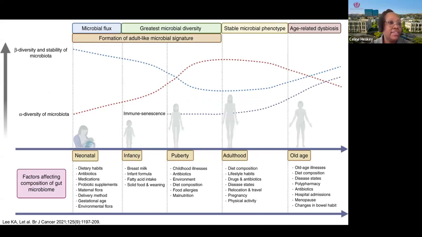So looking at this illustration, there are various factors that are known to impact the composition of the